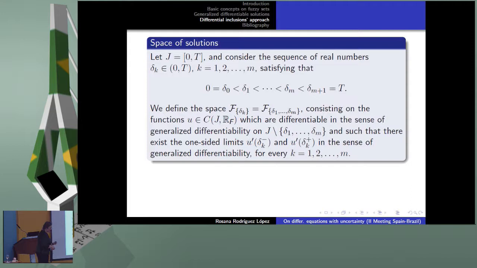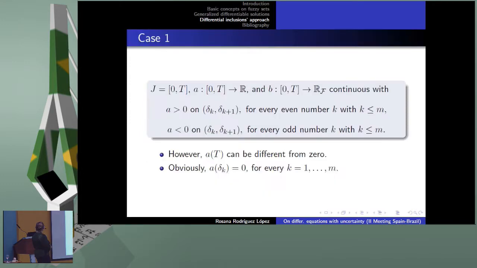Okay, so another reason, as told before, about the periodicity, since there's not much time, I will just say some ideas about the rest. If you want to use generalized differentiable solutions, and you want to model a periodic phenomenon, you need to use switching points. You have to decide where the points are at which you are going to switch the type of differentiability. And the computation is not very simple.